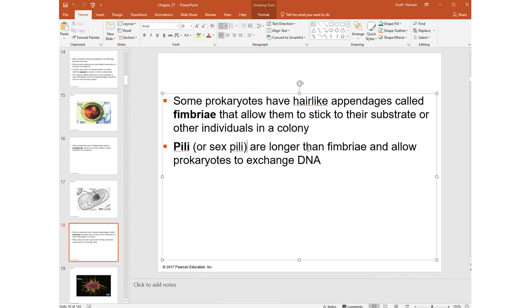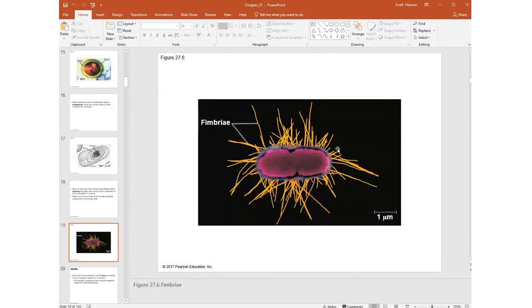These are longer than fimbriae, and they allow the prokaryotes to actually exchange DNA with other prokaryotes. And here you can see a lot of fimbriae around the outer edge of a prokaryote. Again, really nice colors on this